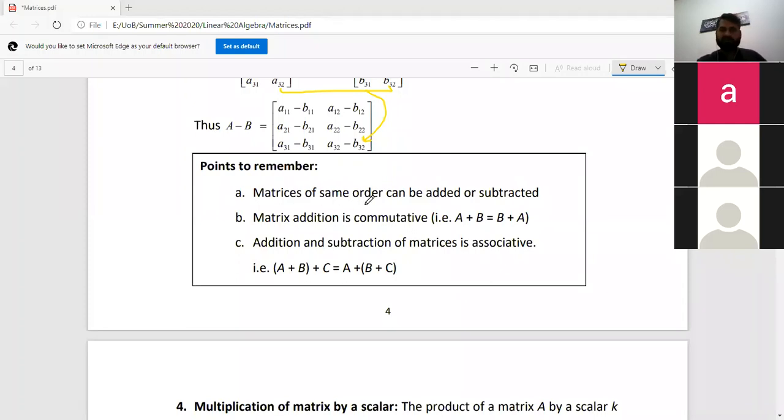So matrices of the same order can be subtracted and added. This is one point to remember. Matrix addition is commutative. What we mean by commutative is if you add A to B or add B to A, we will get the same result, because we are adding real numbers, right? Real numbers are commutative. 2 plus 3 is the same as 3 plus 2. The third thing is